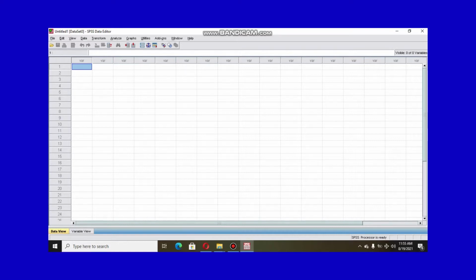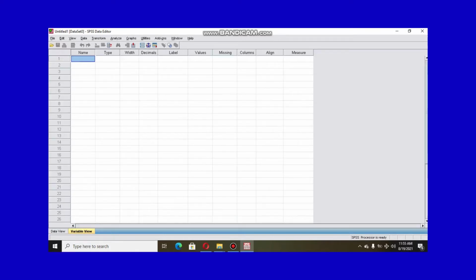Now remember that before you can create a data entry template in SPSS, you must first of all have your data collected. It's important to understand that you must first collect your data from the respondents before you can create the data entry template in the variable view.